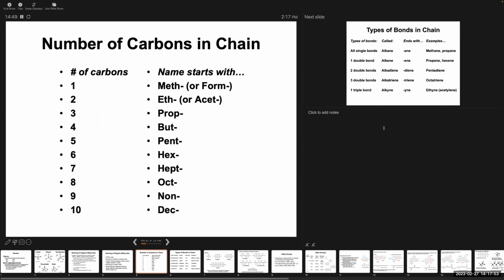So I mentioned that part of the name of the molecule is based on the number of carbons in a continuous chain. The first thing you do when you look at a molecule is try to identify the longest continuous chain of carbons in the molecule. And I'll come back and mention this probably 3 or 4 times, but